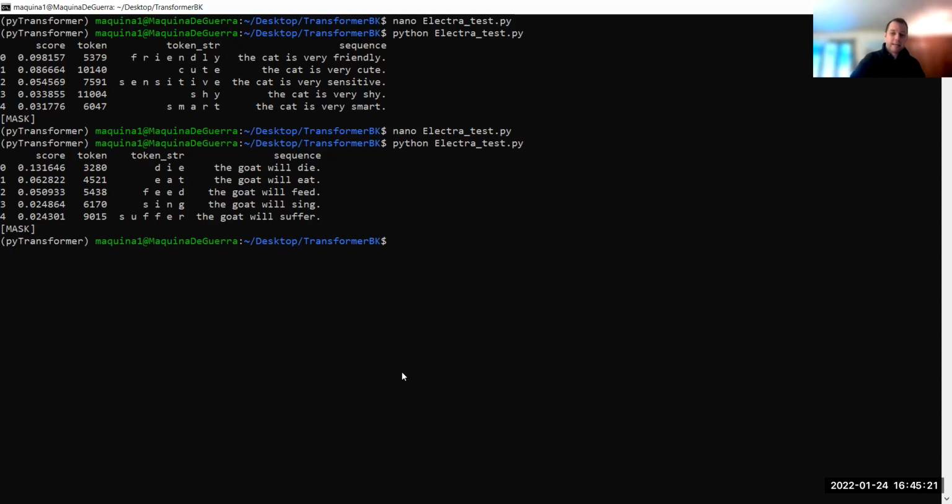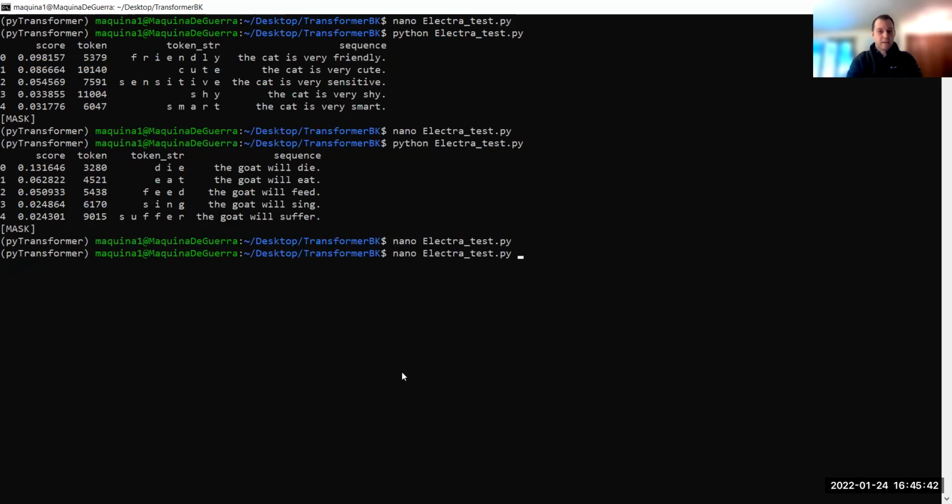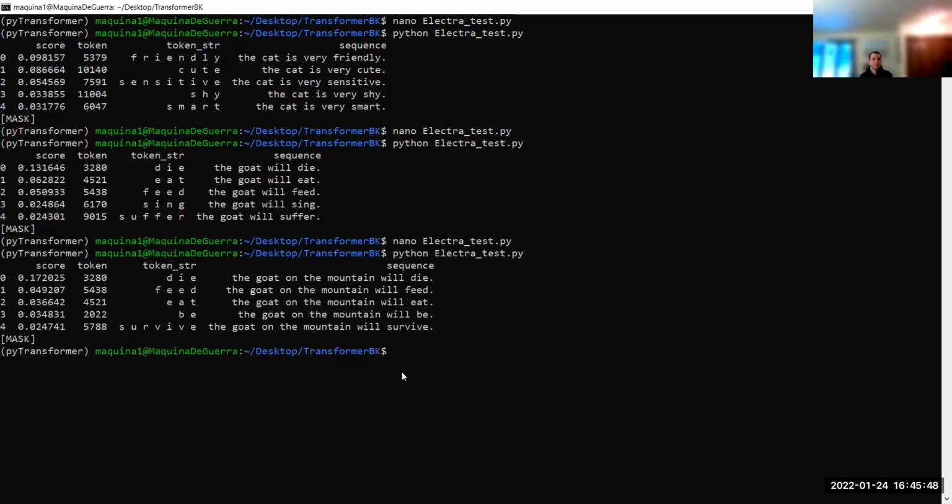Yeah. Now, why didn't the other one work? The goat on the mountain. Maybe it just couldn't resolve it, I think. I don't think this is a very long sentence, and these models handle like 40 token sentences, I think. Did it work this time?